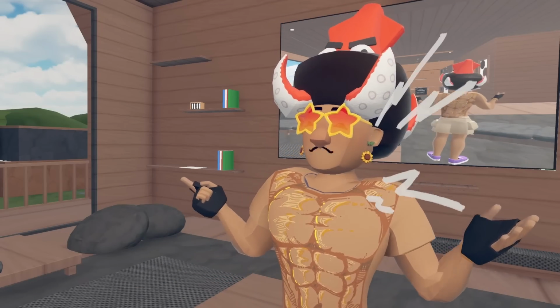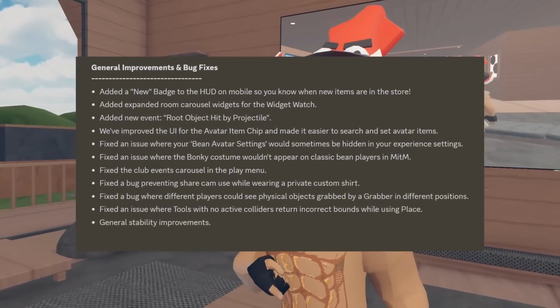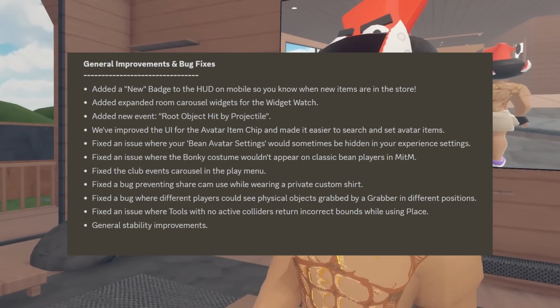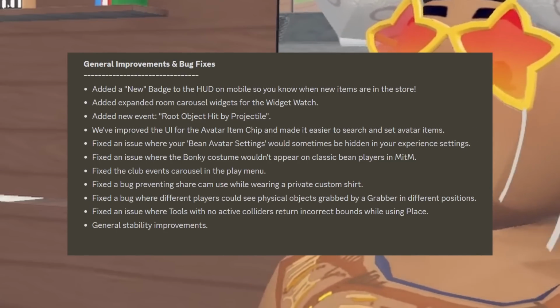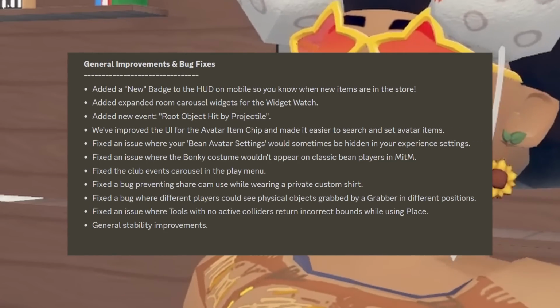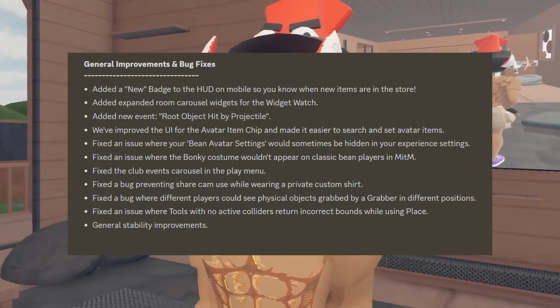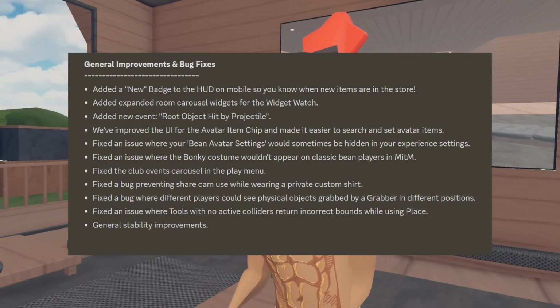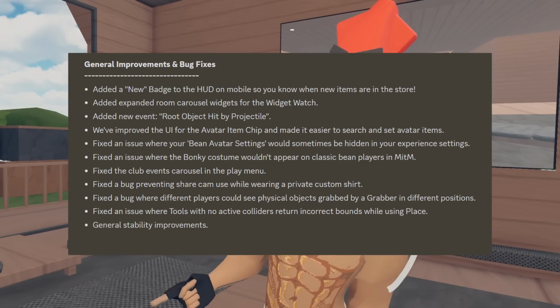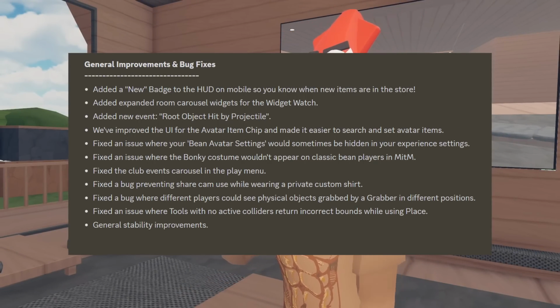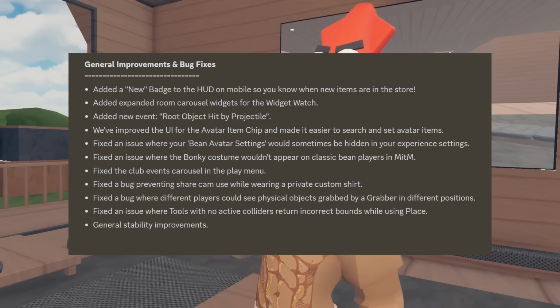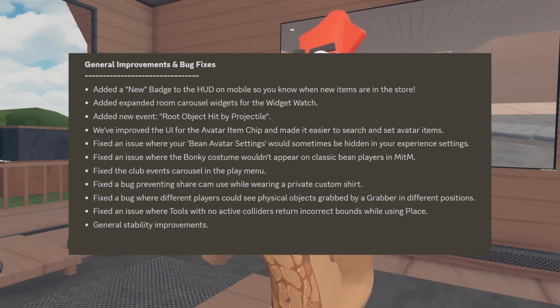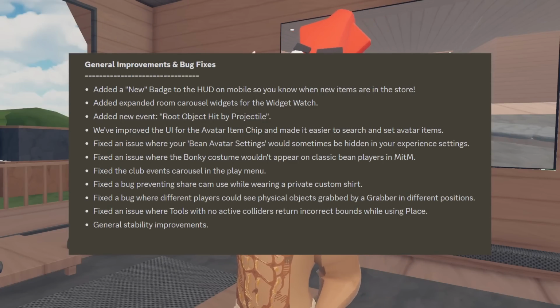Now, if we do decide to keep on going, we got general improvements and bug fixes, and they say that they added a new badge to the HUD on mobile so you know when new items are in the store. They also expanded room carousel widgets for the widget watch, added a new event to root object hit by projectile, and they improved the UI for avatar item chip and made it easier to search and set avatar items. They fixed an issue where your bean avatar settings would sometimes be hidden in your experience settings, fixed an issue where the Bonky costume wouldn't appear on classic bean players in Make It to Midnight,